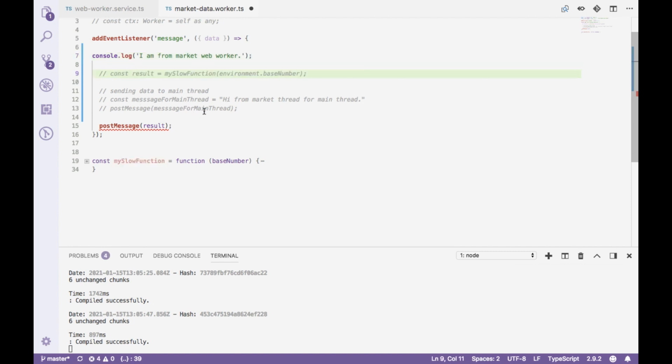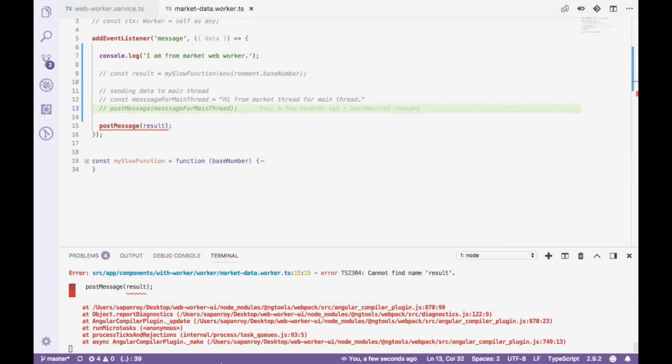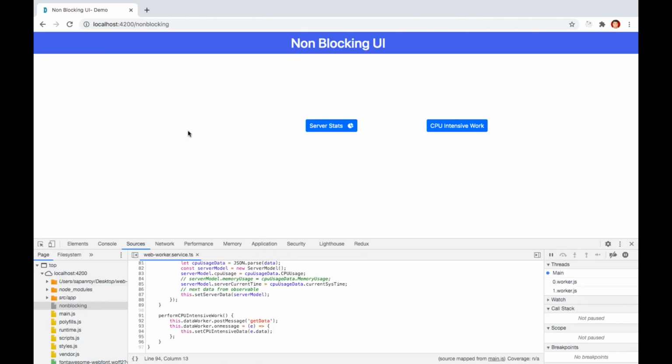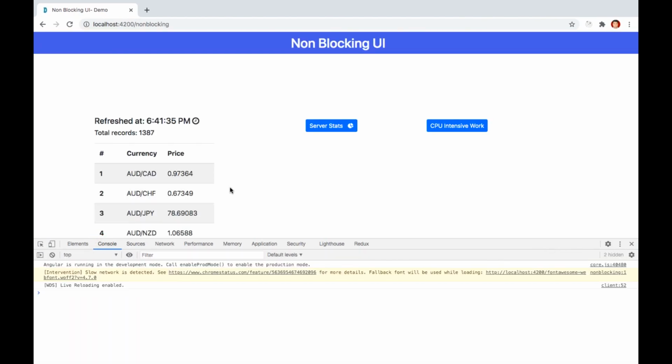Let me comment this out, this as well. Go to console and let me click on CPU intensive work. Okay, so we are getting the message over here, which proves that we are inside a web worker.